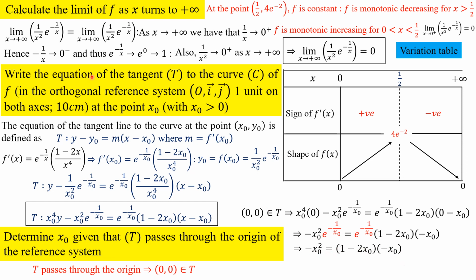Now since x0 is greater than 0, it means that we can divide both sides of this equation by x0, but the negative signs will cancel out, and then we can divide both sides of the equation by x0 because it can never be 0. So doing that, dividing x0 on both sides, on the left hand side we are just going to be left with x0. On the right hand side, the x0 cancels and we are going to be left with 1 minus 2x0. So with that, we can add 2x0 on both sides. We get 3x0 to be equal to 1. So the x0 is equal to 1 divided by 3, and clearly it is greater than 0.